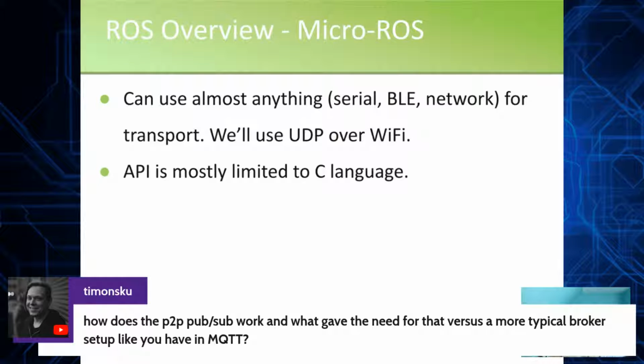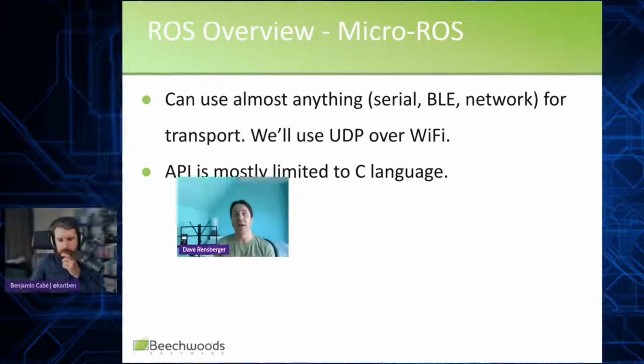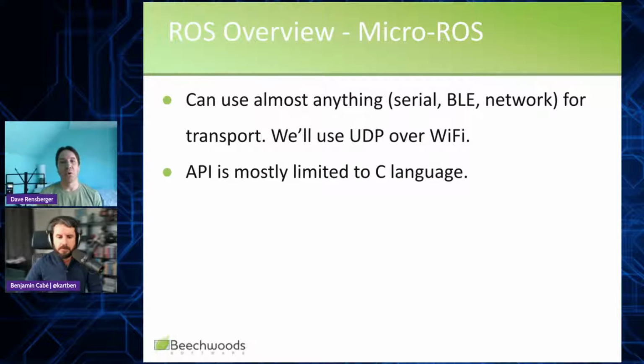Well, one thing, as I mentioned, is that there's this huge ecosystem of packages that work with ROS. But also it is a binary protocol, so it can, I think, be inherently more efficient, more real time than MQTT might be. It's a valid question. I'm sure there are some situations where you certainly could. For some of the simpler things we're going to demo here, you'd probably get by with using MQTT, but I think